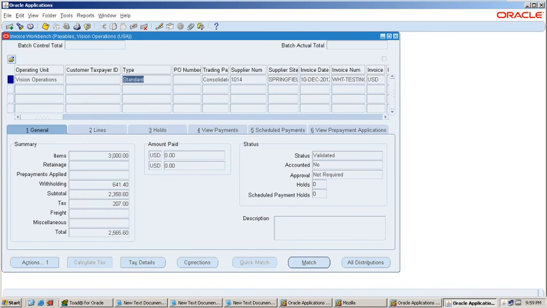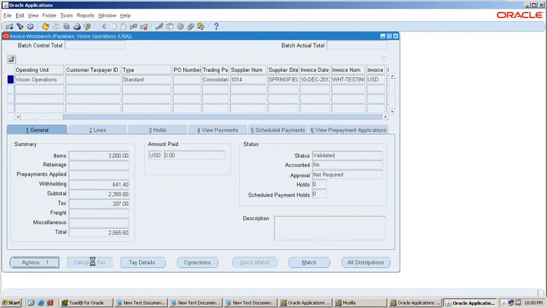Now the invoice got validated successfully, and you can see 641.40 is generated as the withholding tax amount, which is 20% of the total invoice amount.